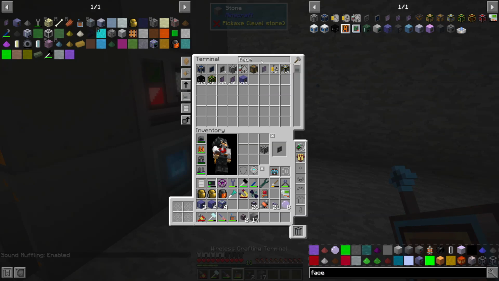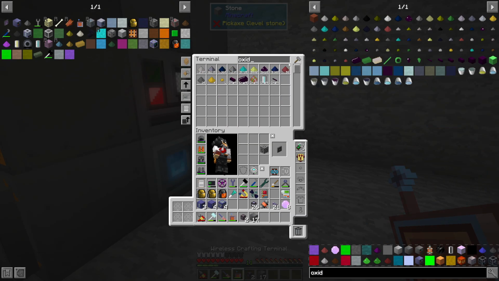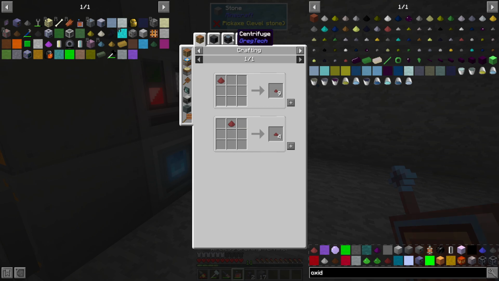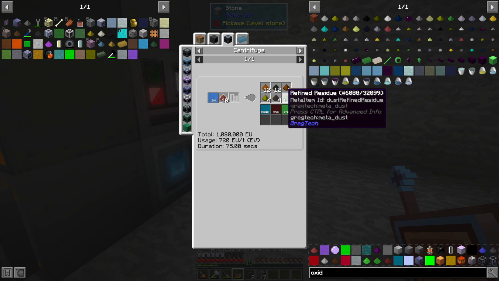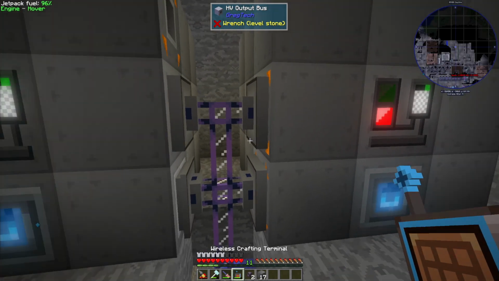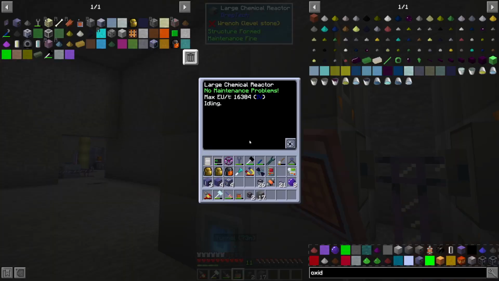Okay, so oxidized, that's not still oxidized. There we go, oxidized residue. Okay, so we're gonna need distilled water. We should have that on stock. Okay, so before I change topics here,